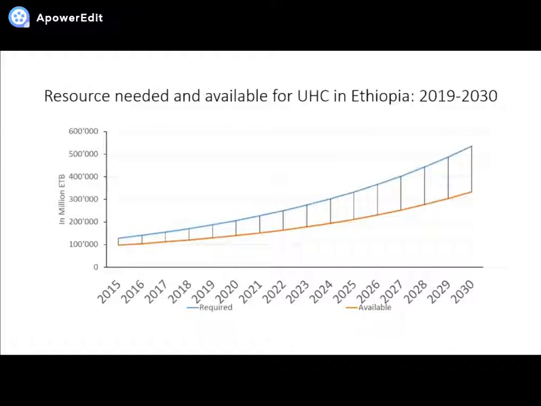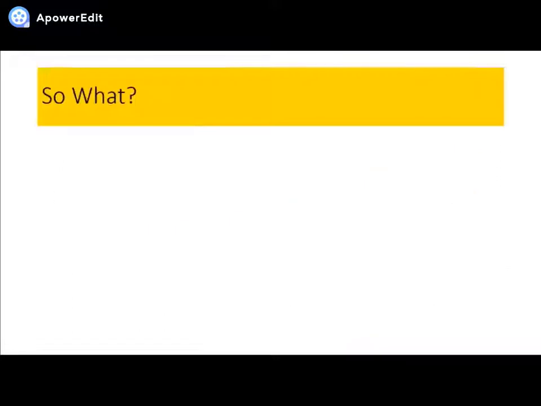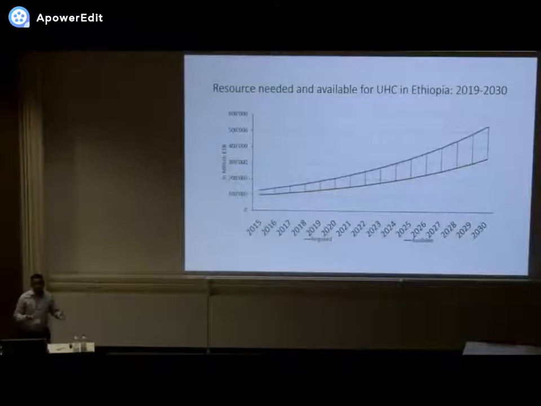So when we project that to 2030, there is a huge gap between the resource need and the resource available. Yeah, this is just a crude estimate, and it's not a citable figure yet, but there is a widening gap in the current trend. And so the main message here is, we need to know at a country level,